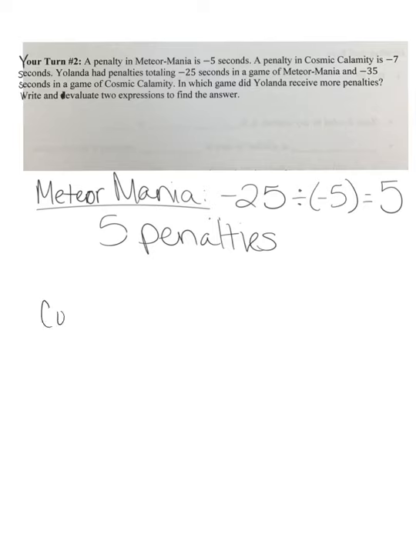And then for Cosmic Calamity, and I'll just write Cosmic, she lost a total of 35 seconds, so negative 35, and we're going to divide that by the number of seconds she lost per penalty, which was 7. So negative 35 divided by negative 7 is a positive 5. So she had 5 penalties